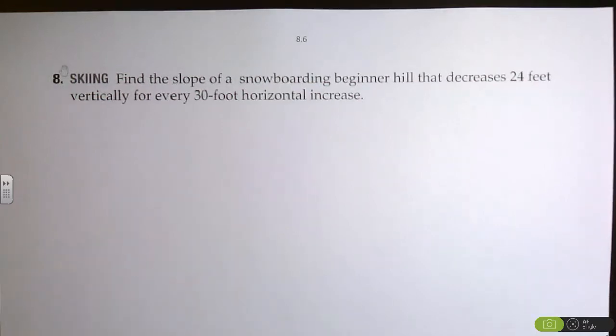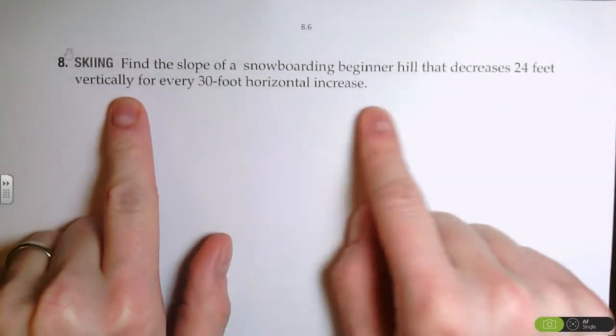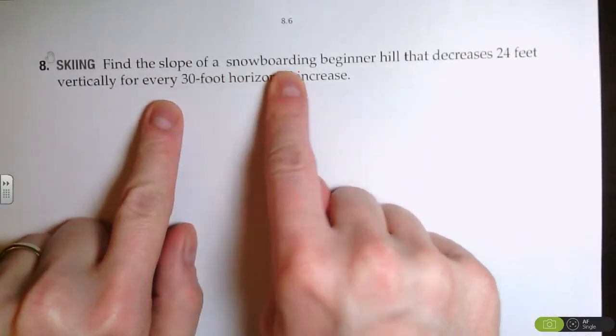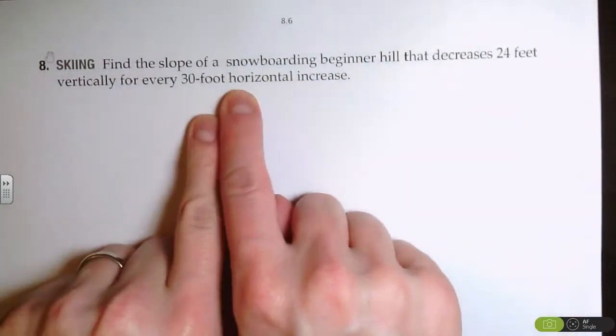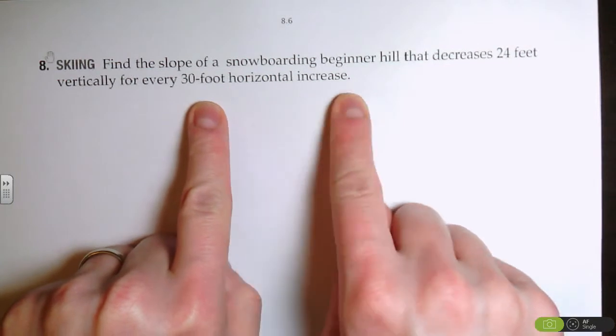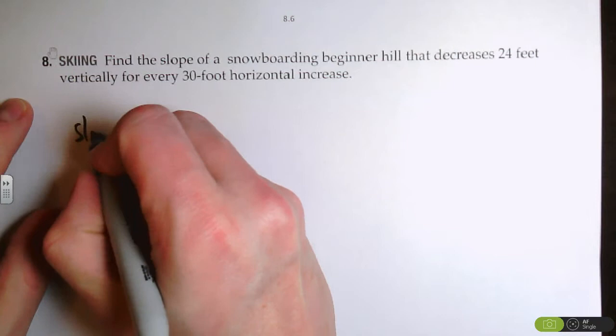So here are some extra problems for section 8.6 to help you out with the homework. The first one I did is number 8. Number 8 says find the slope of a snowboarding beginner hill that decreases 24 feet vertically for every 30-foot horizontal increase. So the thing about slope is the definition that the book gives us